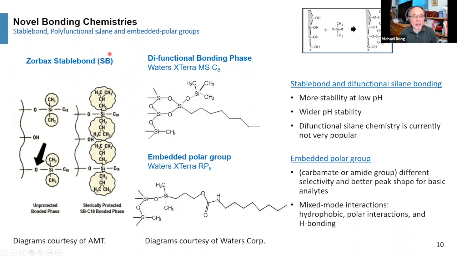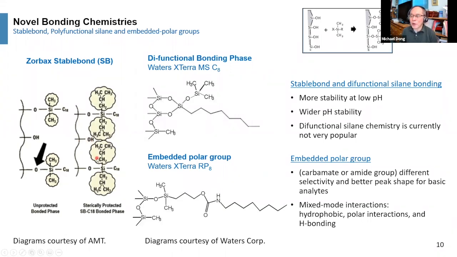Okay, so once again, novel bonding chemistry, right? So the first one is Zorbax StableBond, right? Now this is the innovation from Jack Kirkland again, right? So Jack Kirkland thought that in order to have less problem from residual silanol groups, instead of using a methyl monofunctional silane with a methyl group on that, he actually used a bigger group, an isopropyl group, right? So the idea behind it is to shield it, so that the residual silanol group is being shielded, being protected,